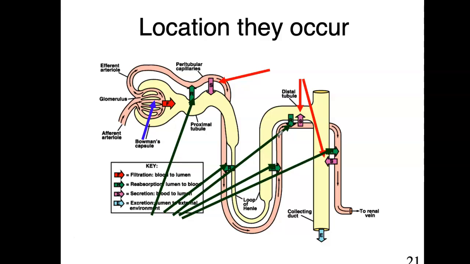So we've stretched out the nephron here, and here's my afferent arteriole, the Bowman's capsule, and then the F here is for filtration. So we have filtration. This is the only place that filtration is happening. So we tick that one off. The second one is reabsorption. So in the proximal convoluted tubule, we have reabsorption, and that means we remove it from what is going to